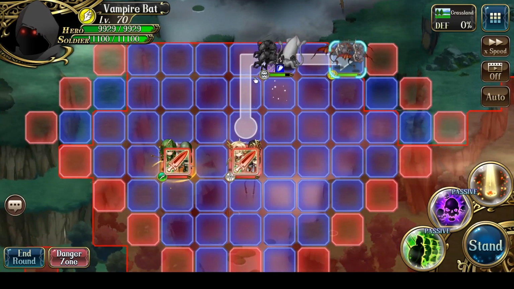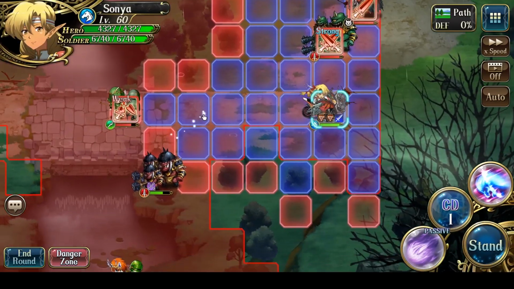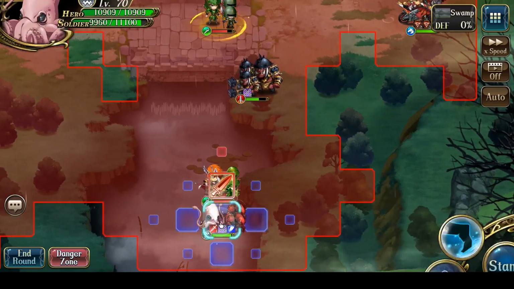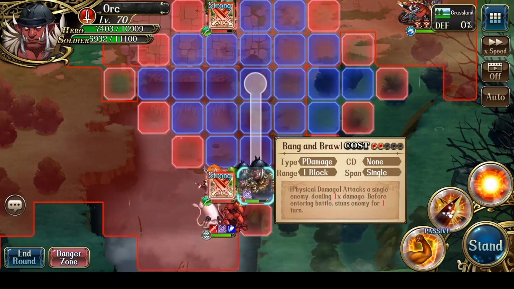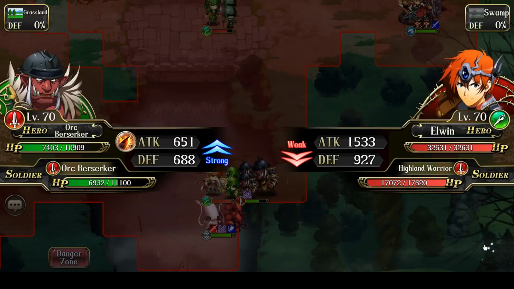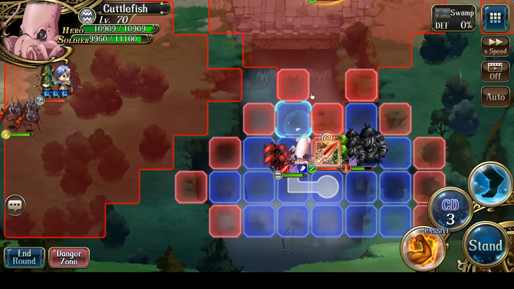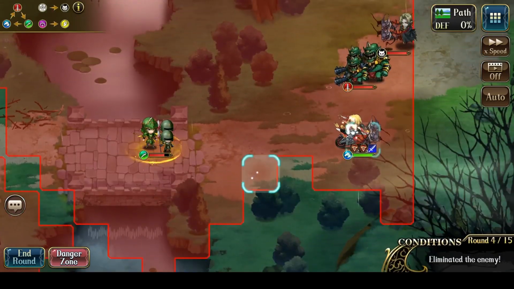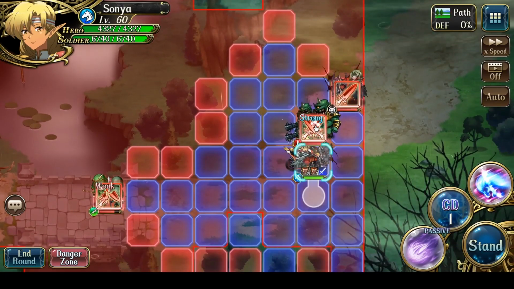Let's see what I can do here. So just have them end their turns in the north. In the south, Orc Berserker will start using Bang and Brawl on Elwyn. I'm going to have the Cuttlefish... Let's see. Okay,